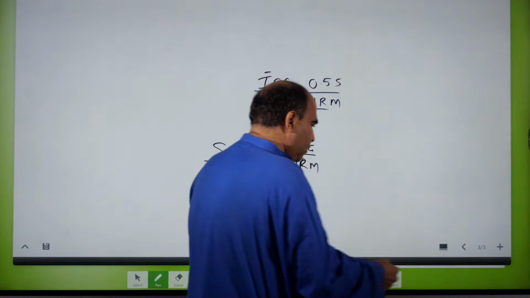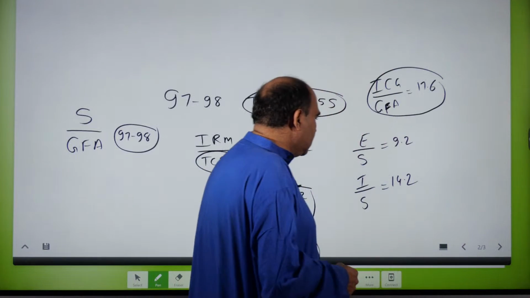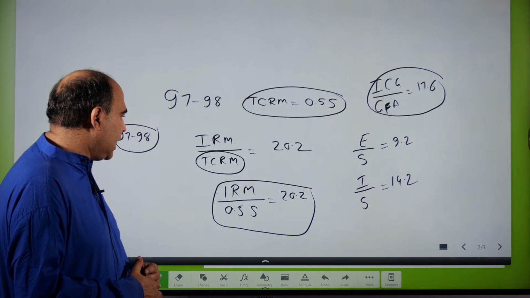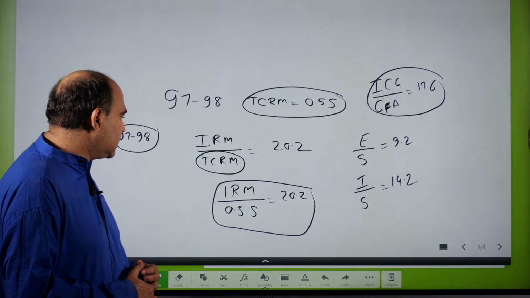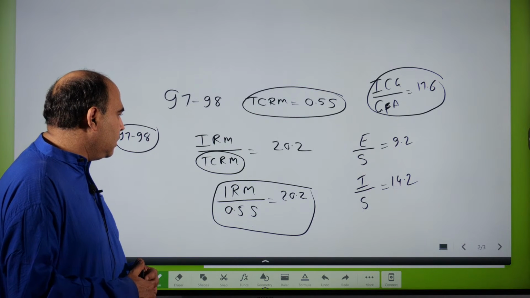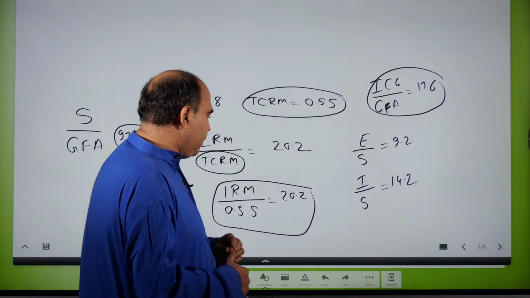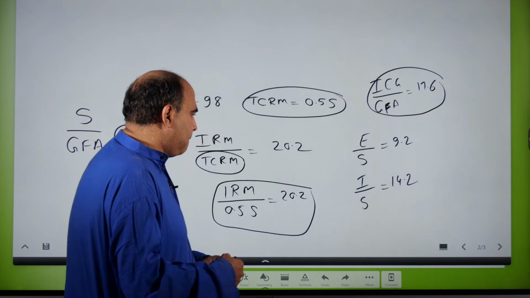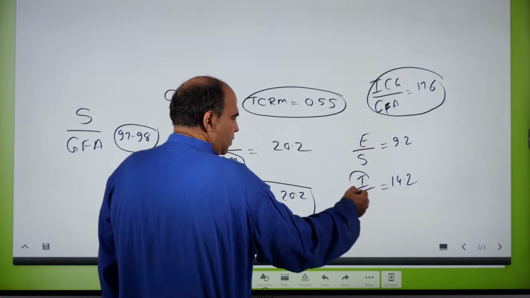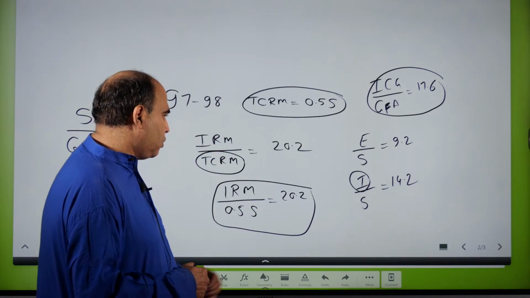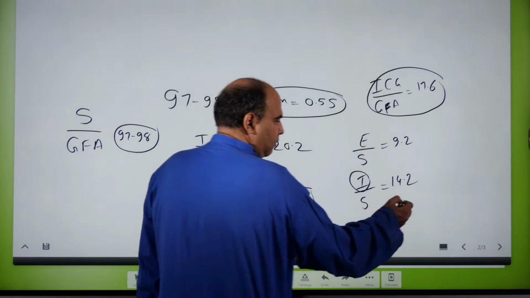So can we do this? Even I am trying to think about this. Can we do this here? Can we somehow get this information here? One thought you need to understand is that the imports are either capital goods imports or raw material imports. So I break this into ICG plus IRM